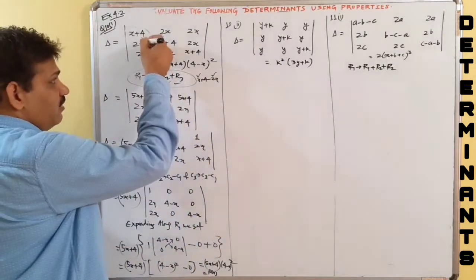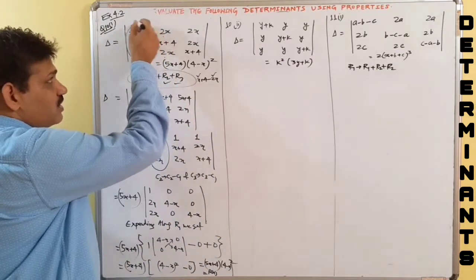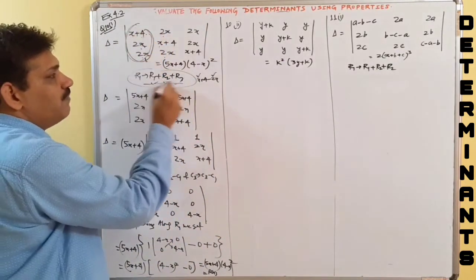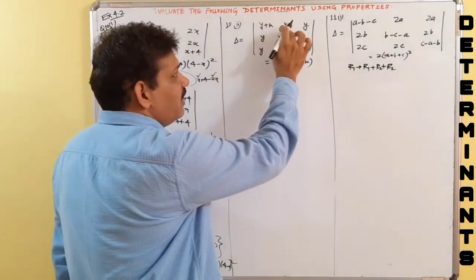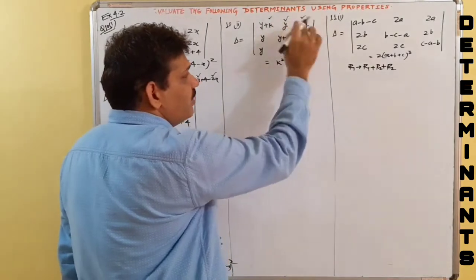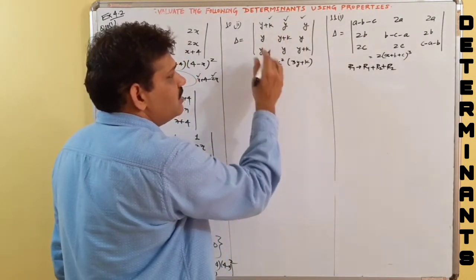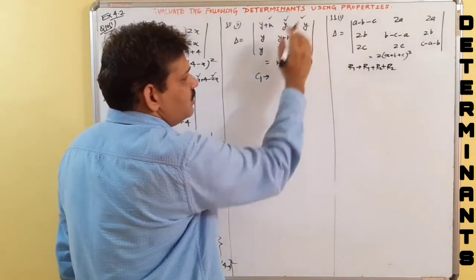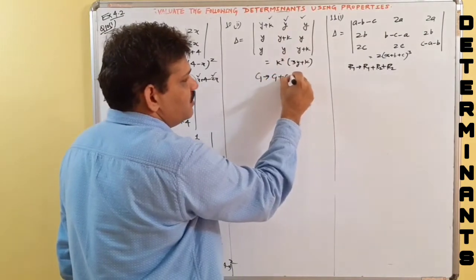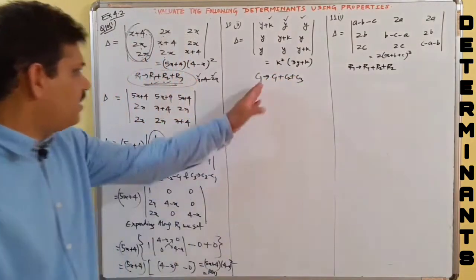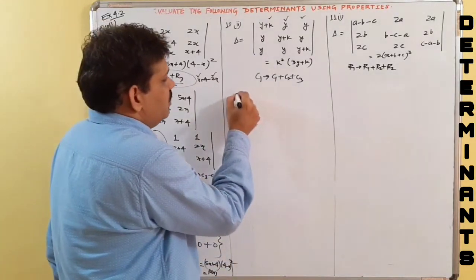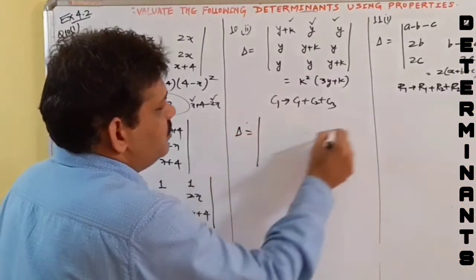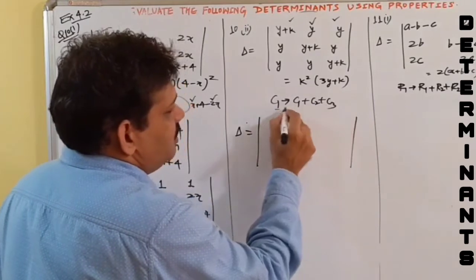We added the elements of a column. So we are applying it here in a row. Here what we do is, we add the elements of a row. That means there is a change in C1, no change in C2 and C3. C1 becomes C1 plus C2 plus C3. That could have been applied here also. So both are the same. So our delta becomes,